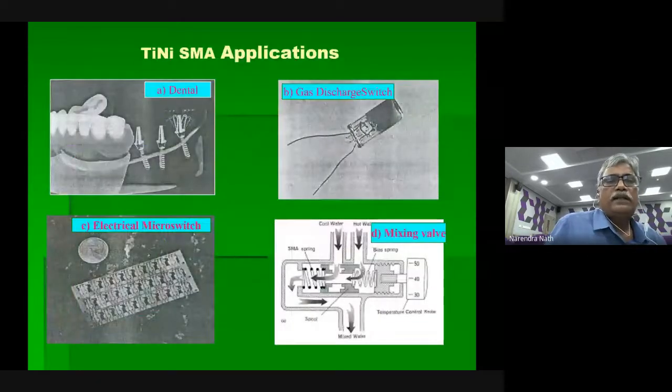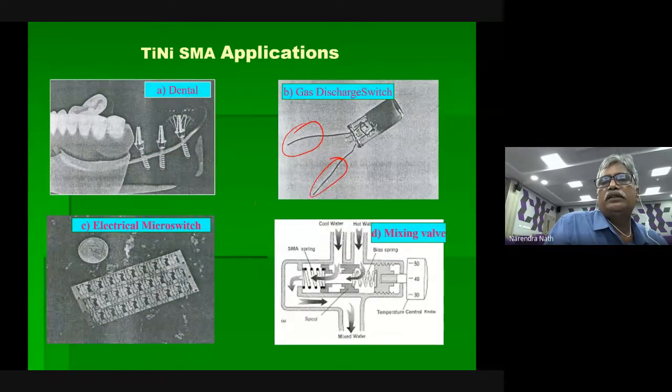And another simple example I am giving: this is a safety switch. What I have rounded off here is actually a titanium nickel wire. When I spoke about transformation temperature, suppose this switch senses the temperature. If you design it at say 40 degrees centigrade, it will sense it and discharge once it crosses 40. So it is a kind of opening and closing of gas.